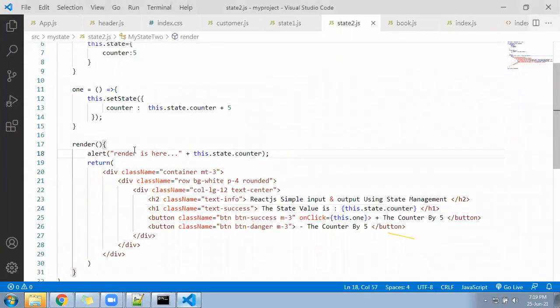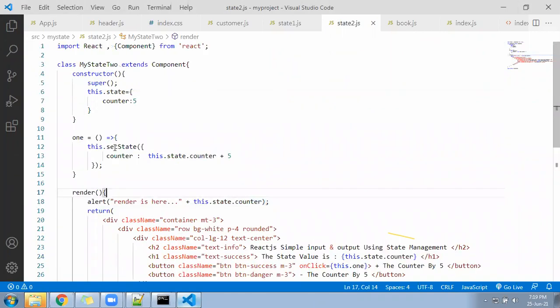Just remember, we are going to study the life cycle methods also, one by one. The render is a part of the life cycle method, the constructor is a part of the life cycle method. So as of now we are learning how to update the value of a state. Simple question: on button click, you call a function, go inside the function, call the function called setState. And inside the setState, what is your old variable? The state variable you have to keep here, colon, state variable plus or minus or concat or whatever you want to do. So this way.